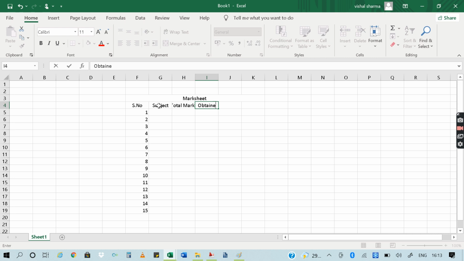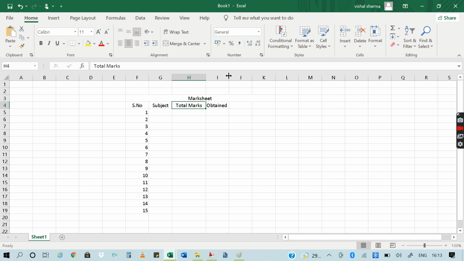Okay, obtained marks. Suppose here I cannot see the total marks, so we can simply drag this. You can drag this if you want to make this particular column wider.